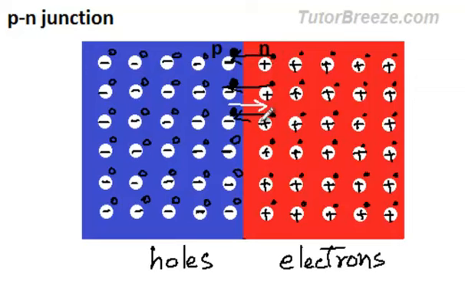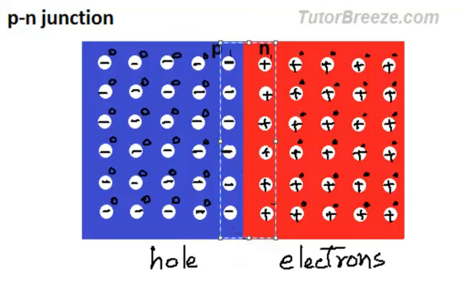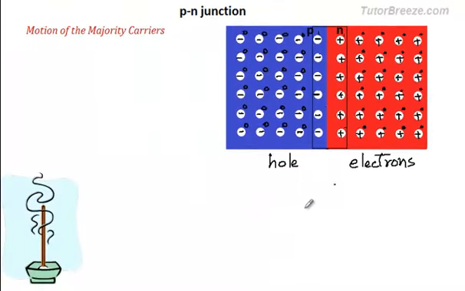I'll just erase these now. I'll be erasing the electrons from this side and the holes from this side because they have disappeared. You can see in this region close to the junction there are no free electrons over here because they have moved over and occupied the holes over here. There are no holes over here because these have been occupied by electrons. So you can see that in this region close to the junction there are no free charge carriers, there are no mobile charge carriers. You have a layer of negative charges and positive charges over here, but these charges cannot move. They are a part of the lattice itself.